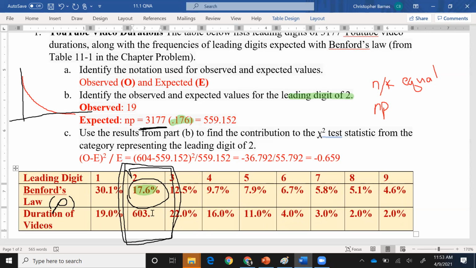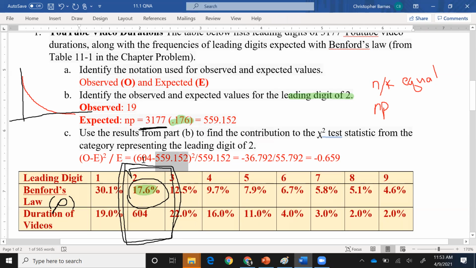I am so sorry. You're seeing me sweat right now, just because we picked 1130. At least I thought we picked 1130. But we'll focus on 2, right? And even if I don't update it, you'll at least have the second one right. So we're taking the observed, which is the 17%, the value is 604. So the math is 604 minus our expected, which is N, which we get from the 3,117 times that percentage. That gives us this value, what we calculated. So just like we did in class, 604 minus that, square it, and then divide it by the expected, which is going to give us another value.